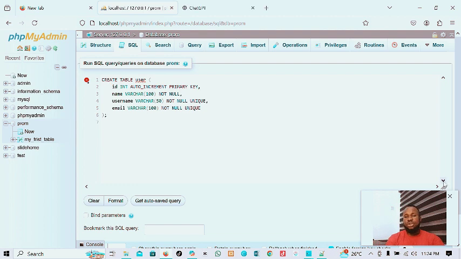When you type this in, do well to take a close look at it. I said CREATE TABLE user, in brackets the ID, which is the field, ID INT auto increment primary key,